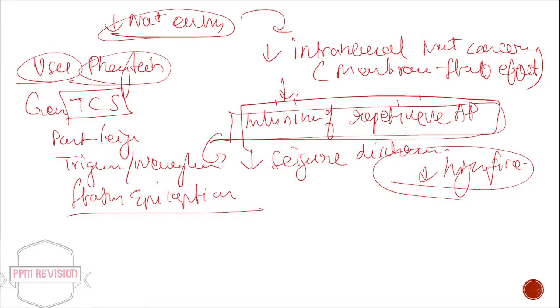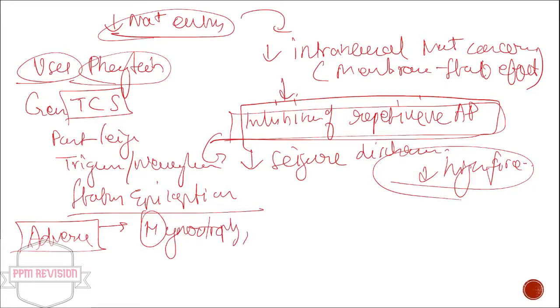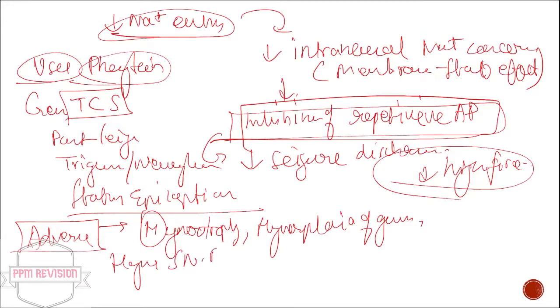Now moving further, we'll be looking at the adverse effects, and this I have repeated a lot of times because it's very, very important. And the main things, everything starts with H. So we have hypertrophy, there's hyperplasia of gums, and then there's also hypersensitivity reaction, there's hirsutism, hyperglycemia, hypokalemia,